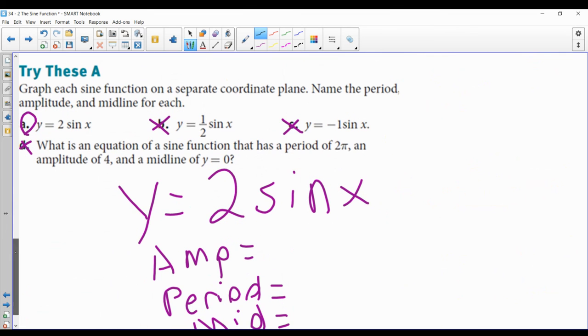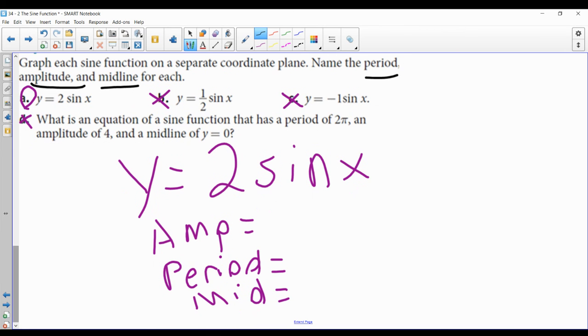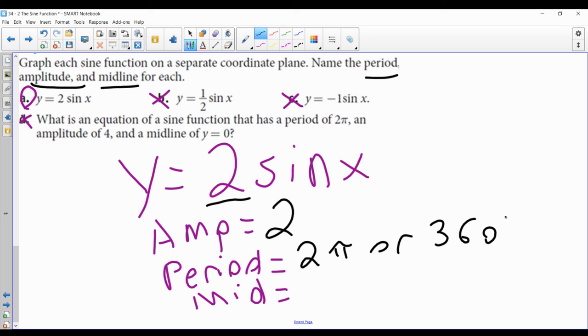If I were to go down to the bottom of this page and talk about this problem, where they want us to find the period, the amplitude, and the midline, well, the only thing that I see in here that's different is this. I have a 2 in front. So my amplitude is just 2. My period hasn't changed. We have to think, what's one full rotation around the circle? Well, it's 2 pi, or it's going to be 360 degrees. And the midline hasn't changed either. It's just y equals 0. So now we can adjust these equations based on the value in front. Remember, that value of a in front is